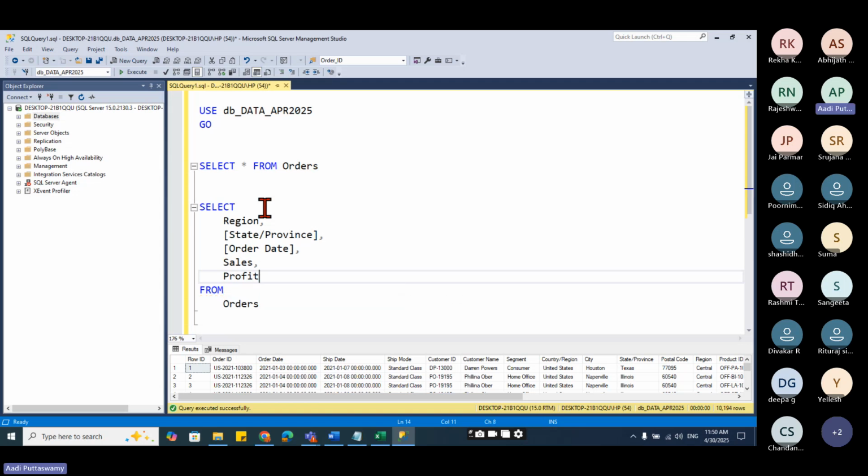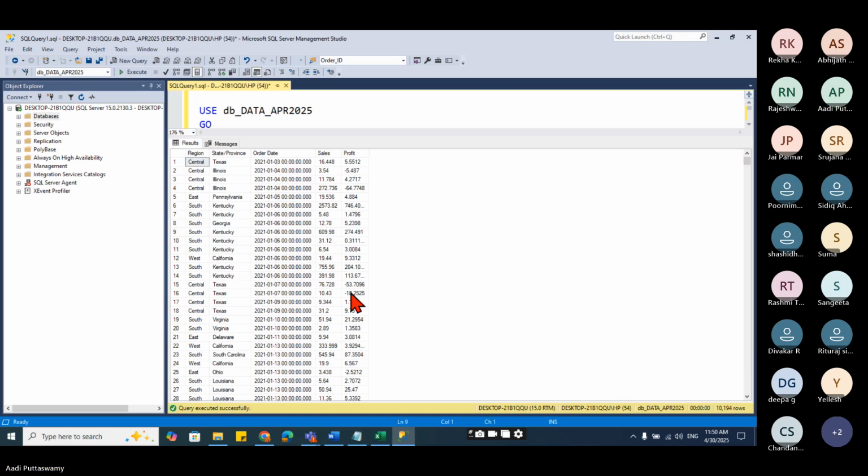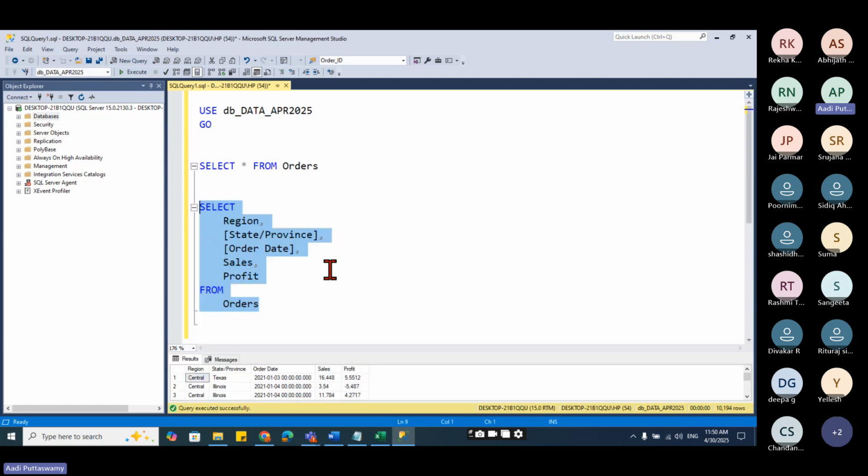Right? I'm trying to extract some data with all these 5 columns. Let me select this and say execute. Can you see that? I'm getting these columns. Understood?